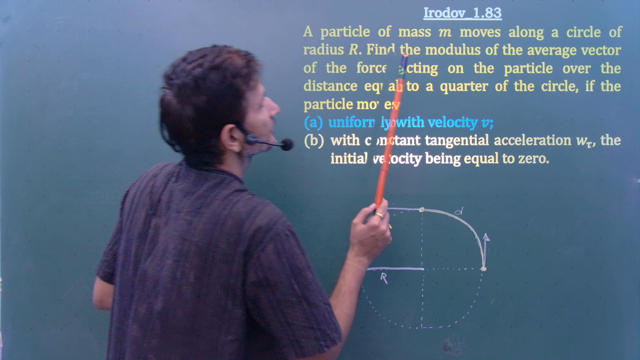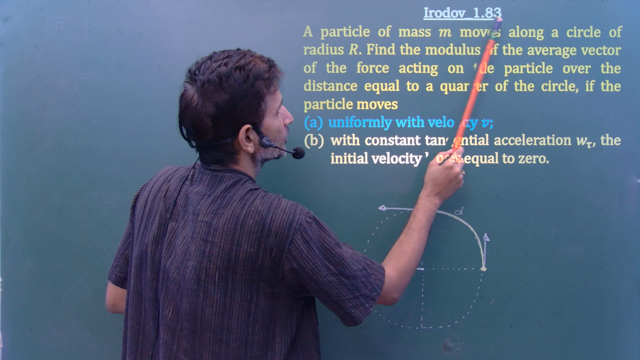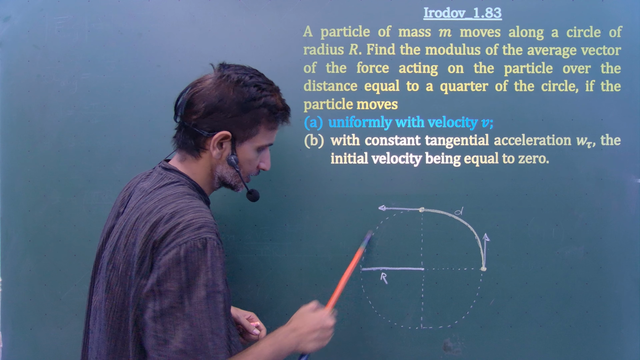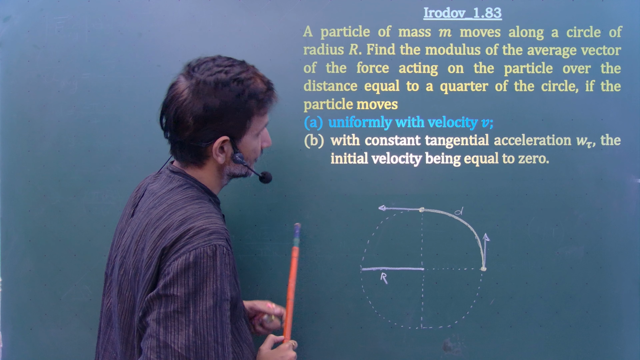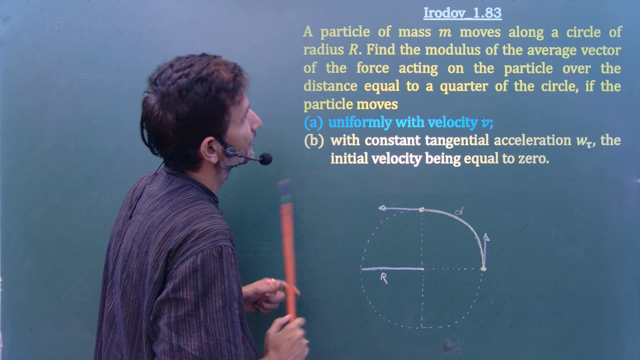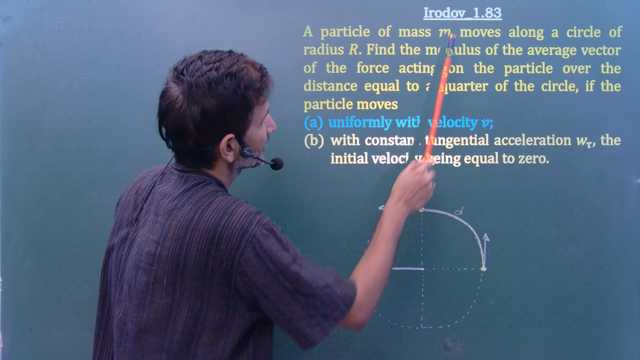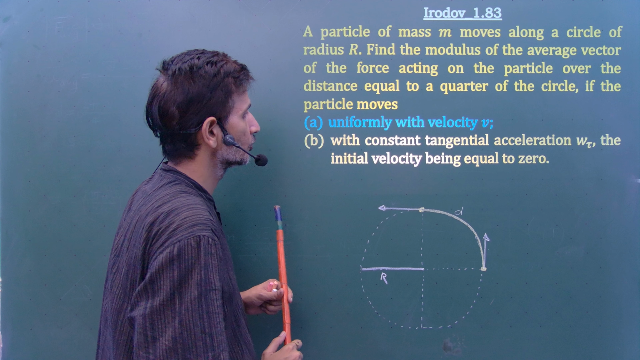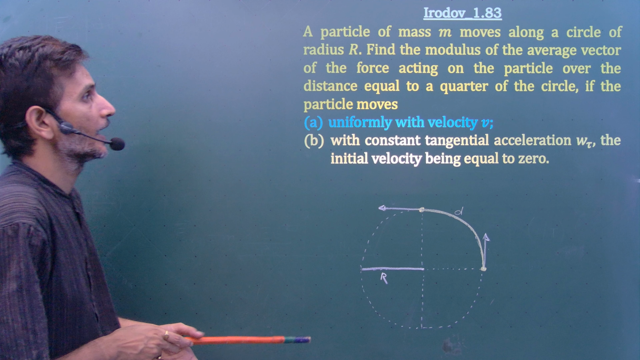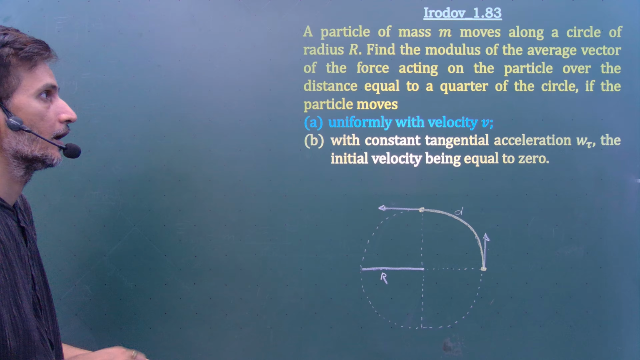Students, this is the second part of Irodov problem number 1.83. In this question, what is given? A particle is moving in a circle of radius r. The particle travels 1/4 of the circle and the mass of the particle is capital M, and I have to calculate the average value of force, the magnitude of, find the modulus of the average vector of the force acting on the